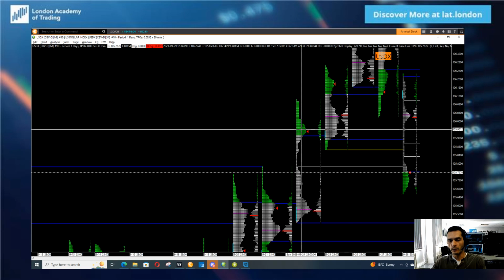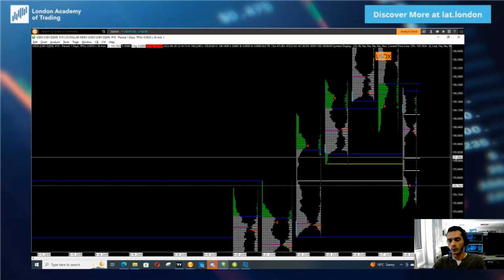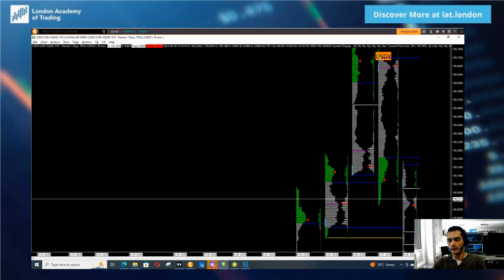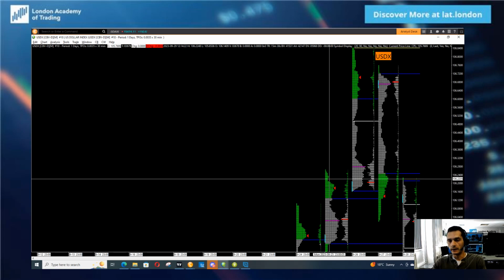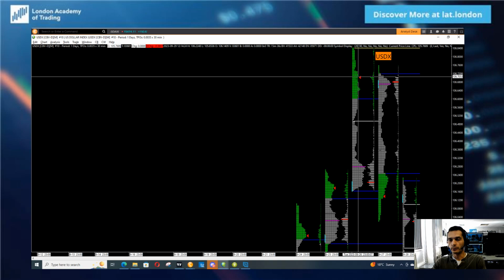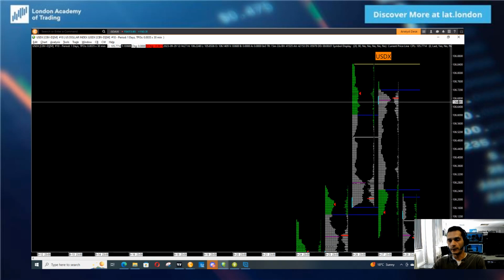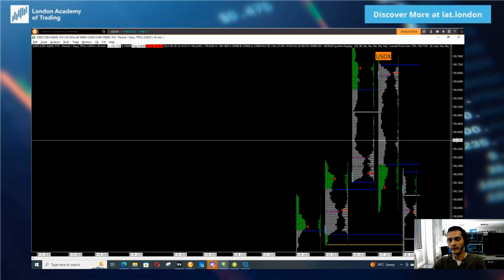And basically, as we moved higher, we formed this double distribution day, followed by a session where we've created a pool low. And as we moved to the upside, the final divergence between price and value has come forward in the form of the closing price on the session, which is towards the high end of the session, and point of control being left at the low of the session. Now,